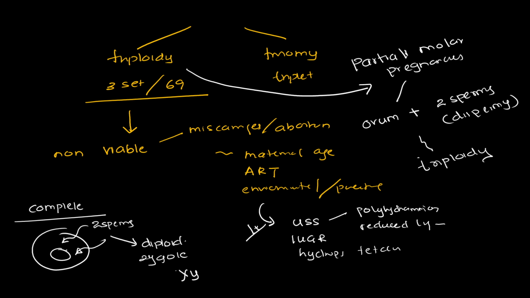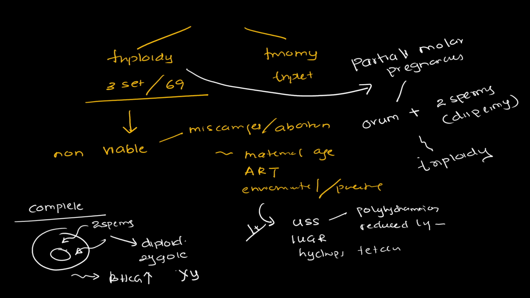Both of these, the molar and the partial molar pregnancies, come under a certain category of disease which we see in obstetrics, that is known as gestational trophoblastic disease, and something that is commonly seen in this condition is the presence of abnormally high levels of beta HCG in both circumstances. In both, most of the time it will pass out without any intervention. There will be a miscarriage, but if there is retention of tissue, this has to be taken out by means of evacuation.